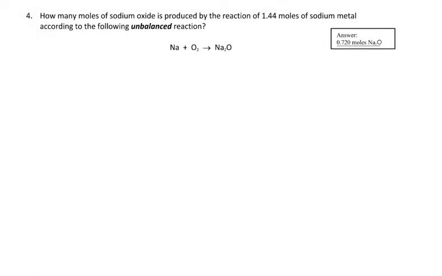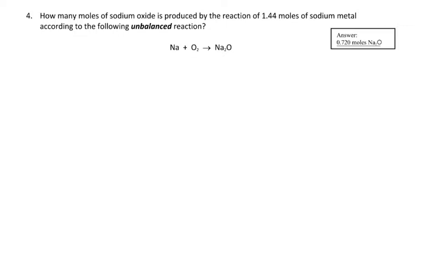Hey, let's try a mole stoichiometry problem. So let's read it first. How many moles of sodium oxide is produced by the reaction of 1.44 moles of sodium metal according to the following unbalanced reaction? So the answer is given, and the first thing we have to do with any chemical equation